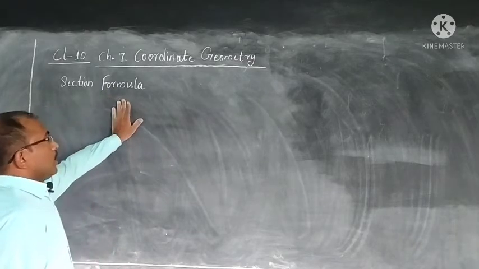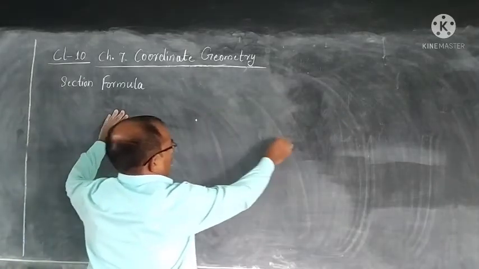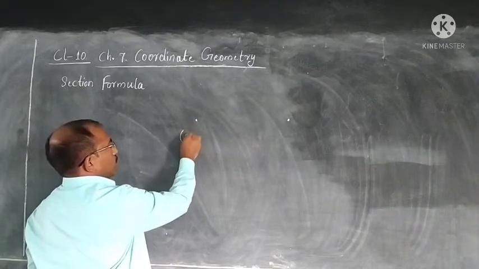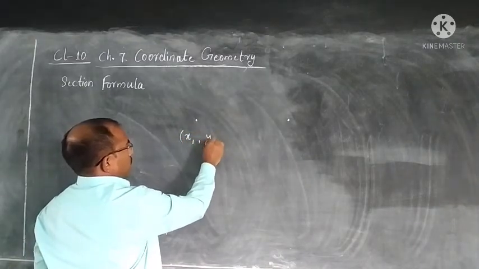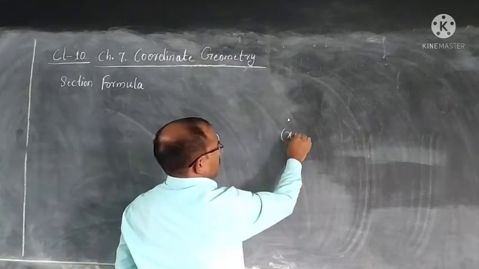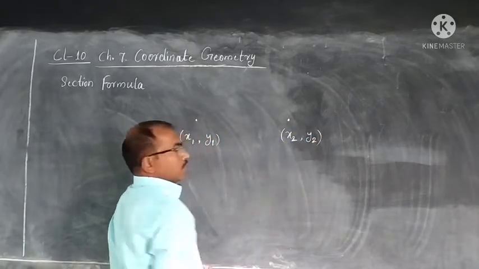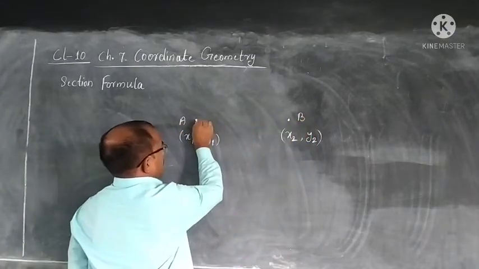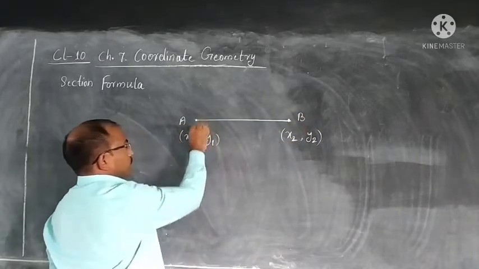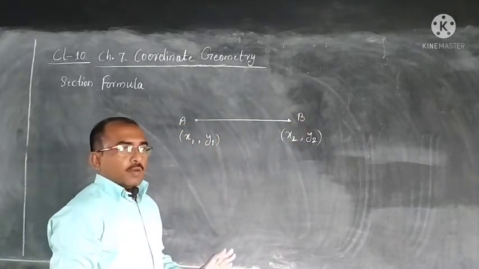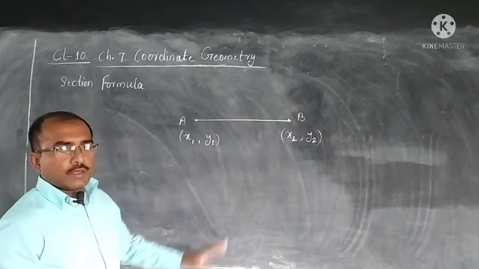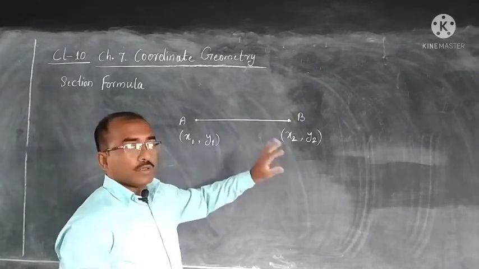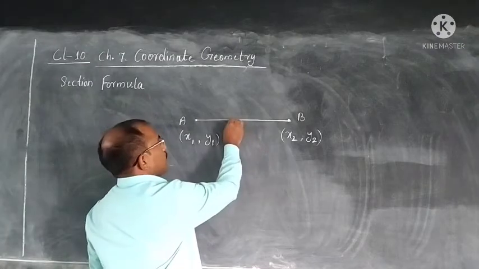It says that there are 2 points, it will have coordinates. Say the first point coordinate x1, y1, second point x2, y2. These are the coordinates. So, a line, give the name also the point A and point B. The line is joining these 2 points. It will have a length, we know. A line is joining the 2 points and a third point is there on the line. Anywhere on the line there is a third point. So, let us mark this point is here, third point P.